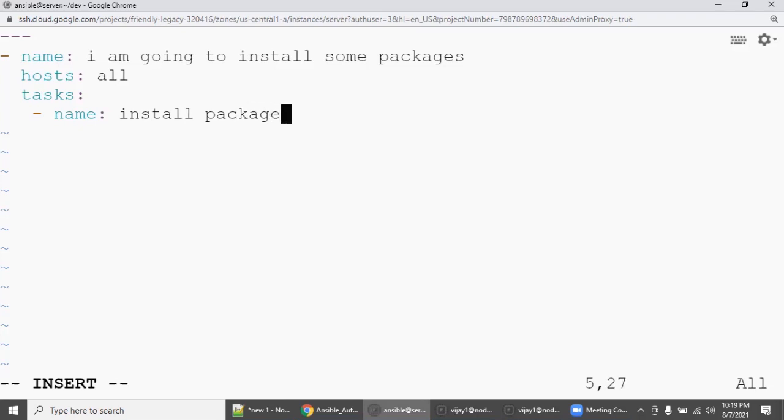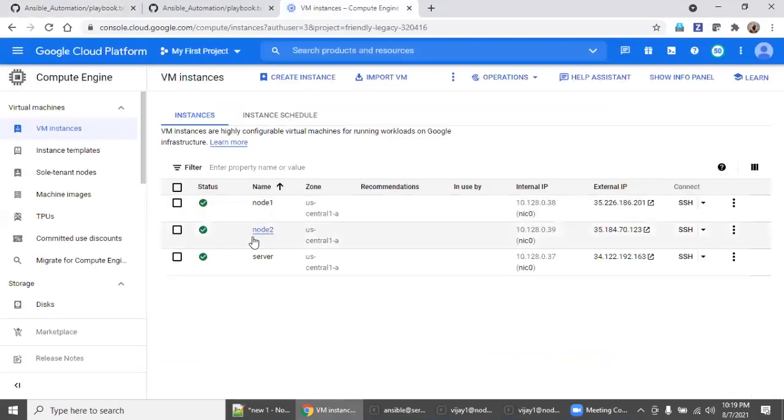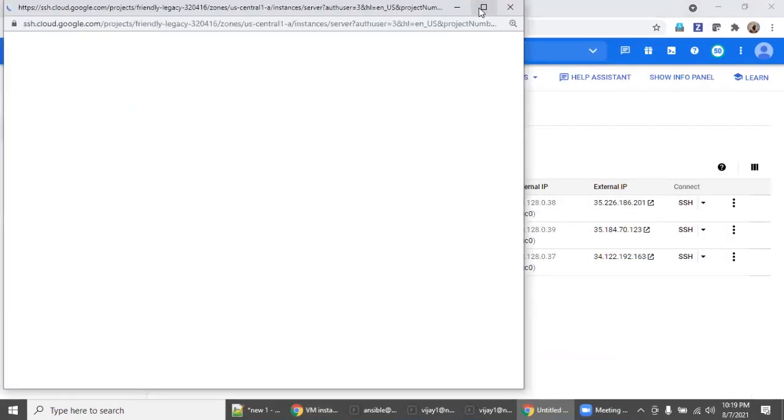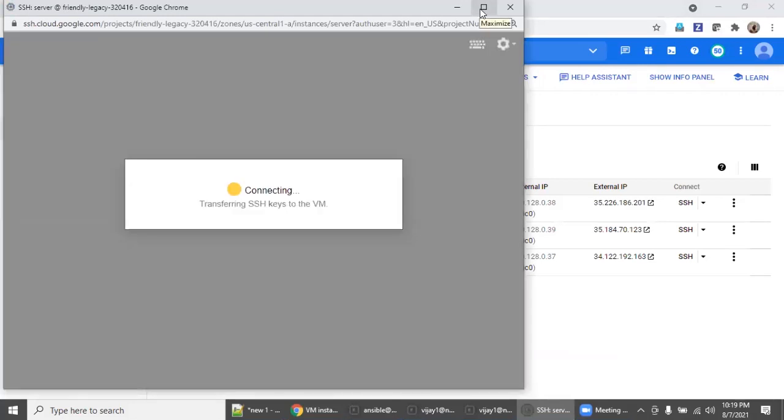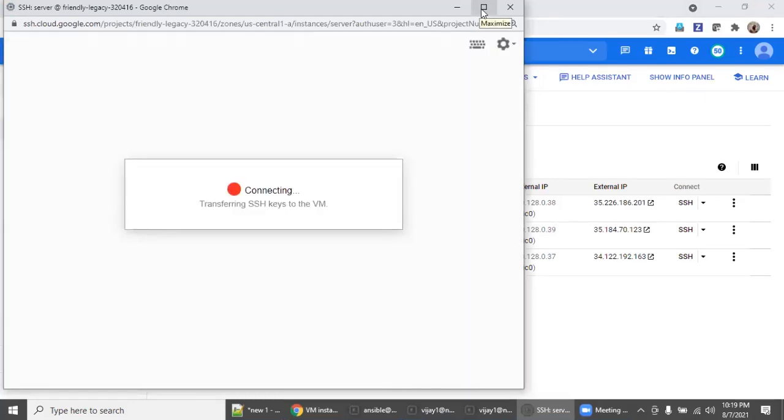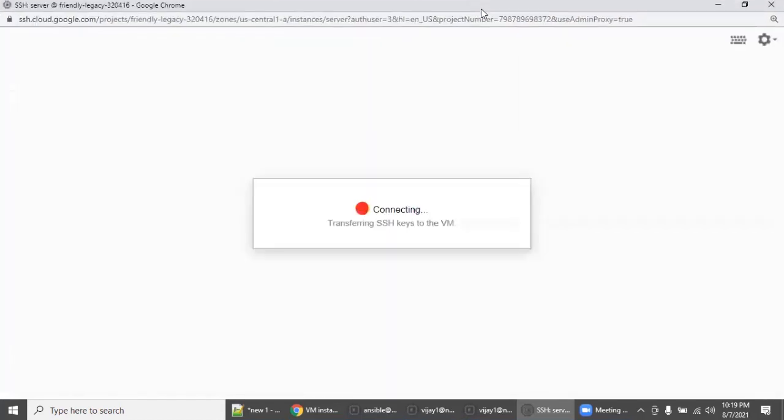Install package, right? Let us open one more window, a server window. Let us open the Ansible server SSH in one more window, so that we have a two-window setup, so that I can show you how easy it is.